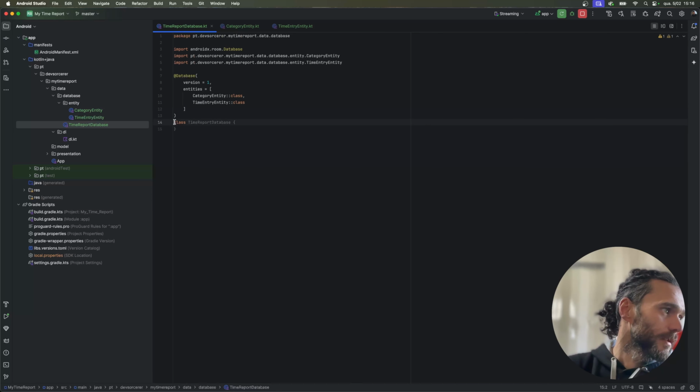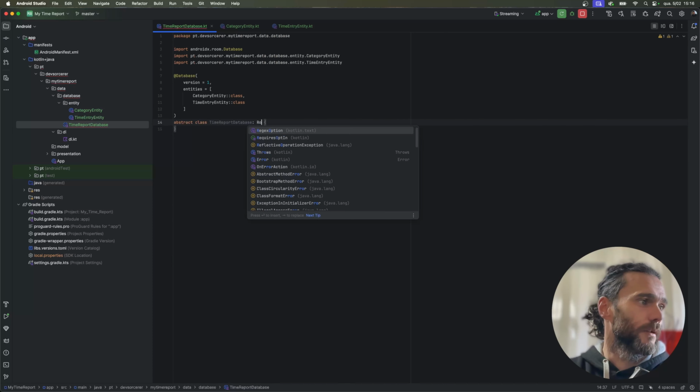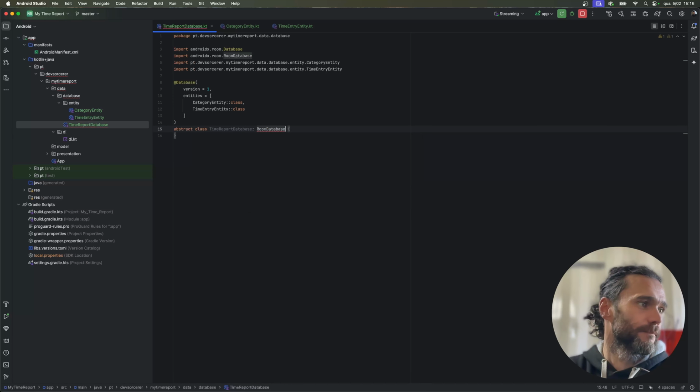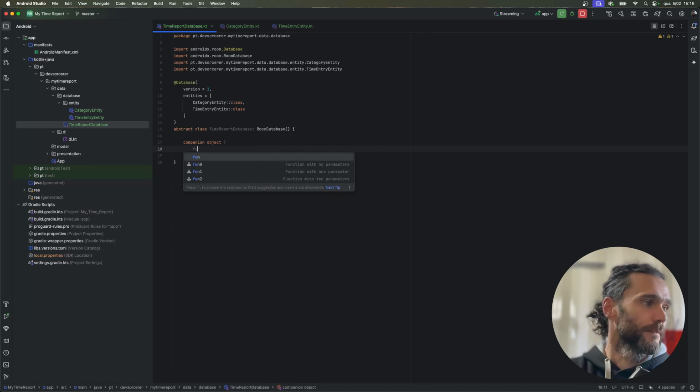Okay, let's convert our class to abstract. Let's extend from RoomDatabase, and then we're going to create a companion object and build,